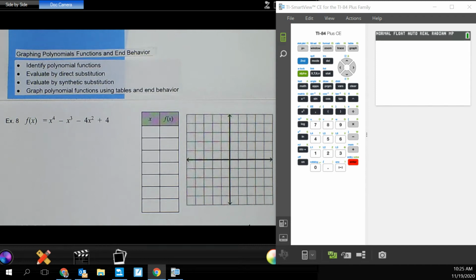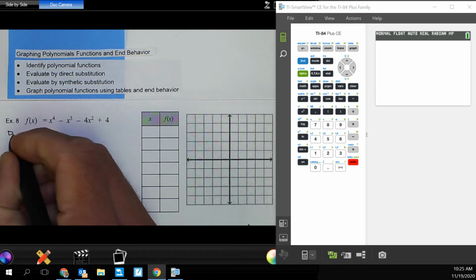We're talking about graphing polynomial functions and end behavior, and we want to graph polynomial functions using tables and end behavior. So here we have example 8, f of x equals x to the fourth minus x to the third minus 4x squared plus 4. And in this case, the big thing we want to pay attention to is the degree